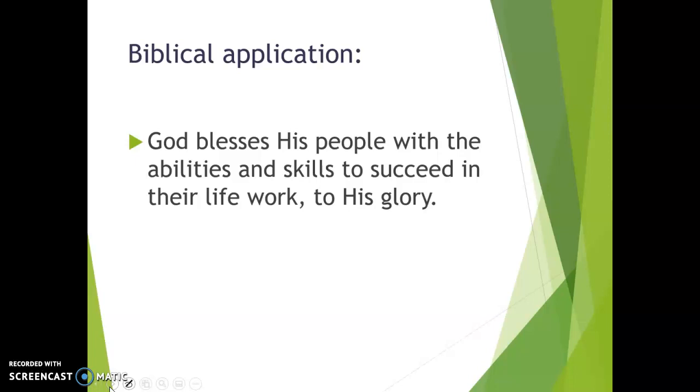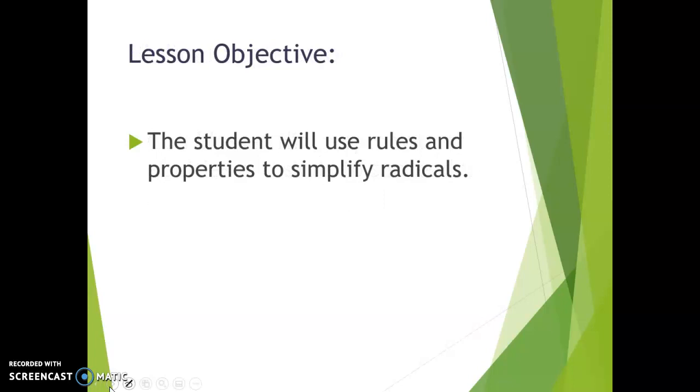And that's definitely what we want to do with the math that we are learning. We're not just learning it just to learn it, but we're using our ability to think and the logic and to reason to be successful in future careers, future jobs, and taking care of creation, and all of that is for his glory. The lesson objective for today is that you, the student, will use rules and properties to simplify